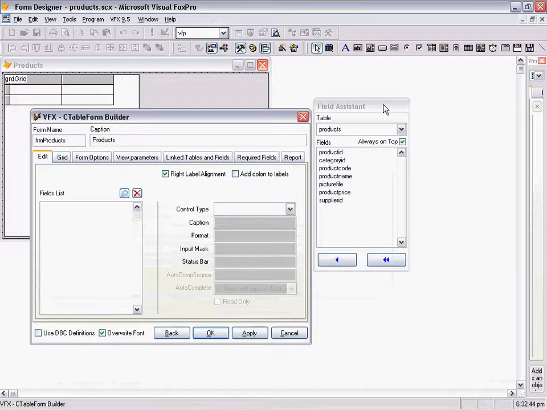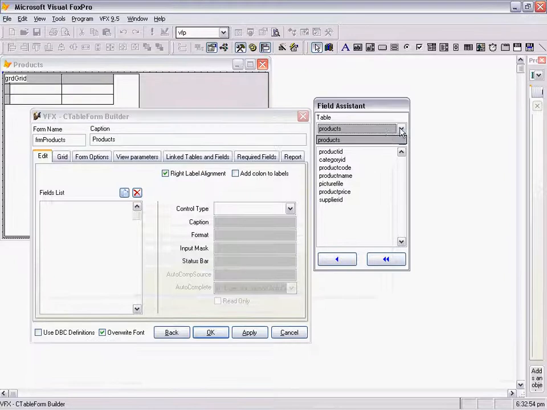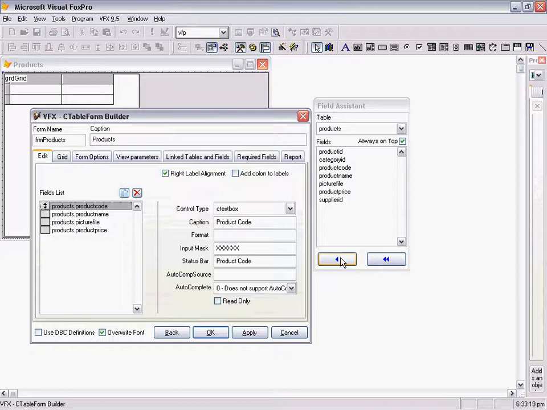In the right part of the screen we have a Field Assistant where are listed all fields from data sources that we created in advance in Data Environment Builder. So you can go through tables or cursor adapters, and for every one you can see all fields that it contains. In our case I will select some fields that I want to give user ability to edit, and after selecting fields I will click on Add button.